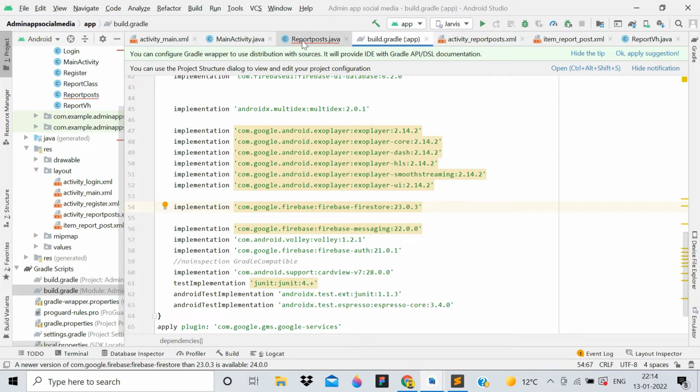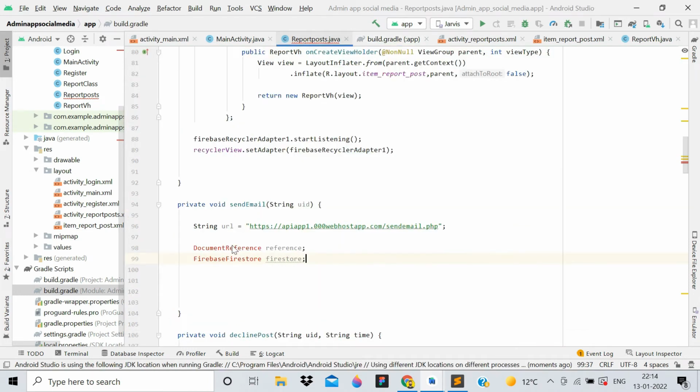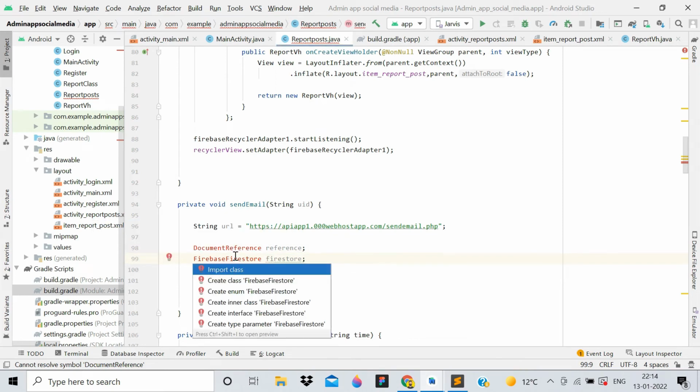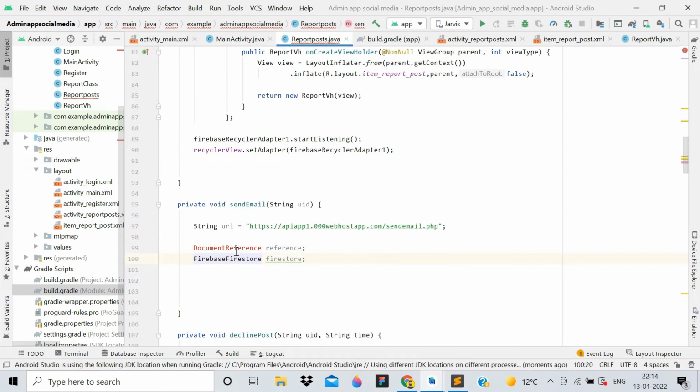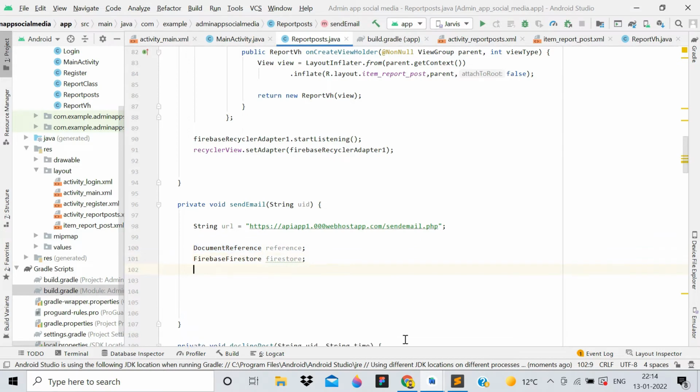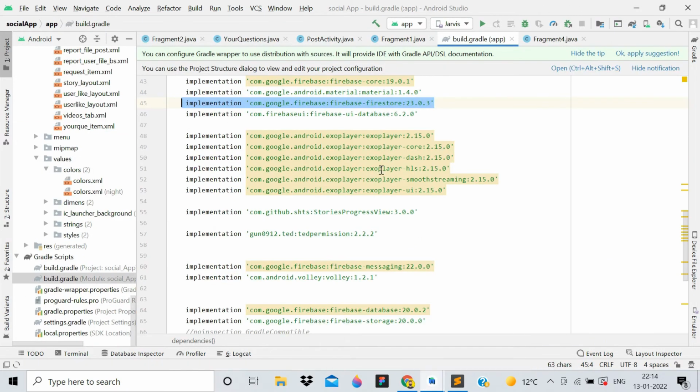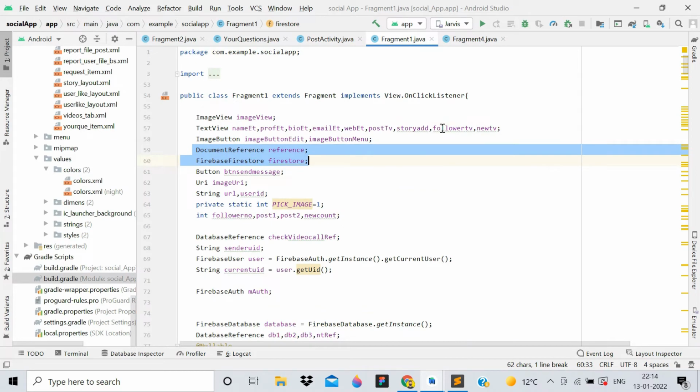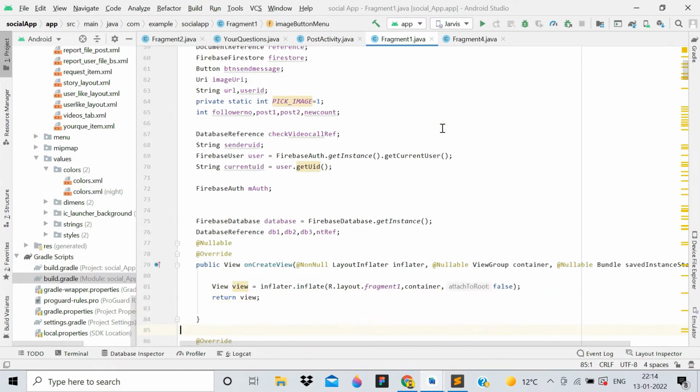So now the sync part is successfully done. So you can see that you can simply press Alt plus Insert and again Alt plus Insert. Now we have this. So guys, after that you have to again go back in your social media application, and from this fragment one we have to copy other code too. Okay, so